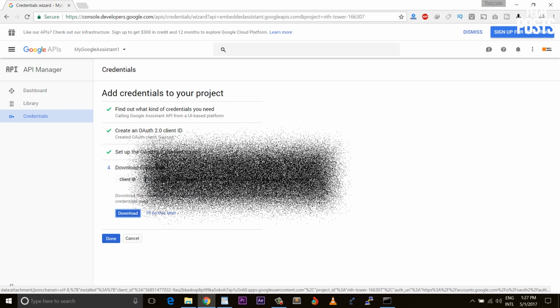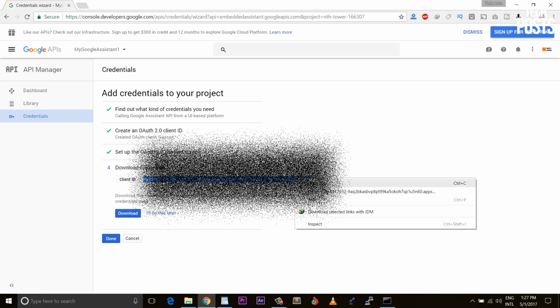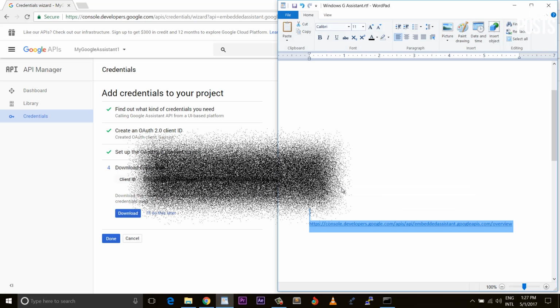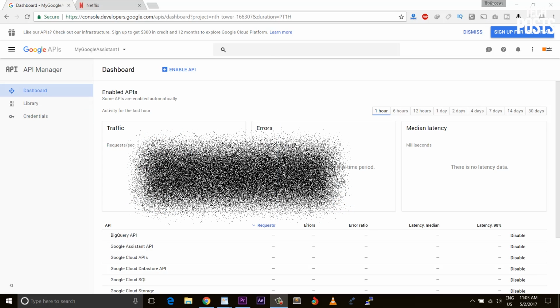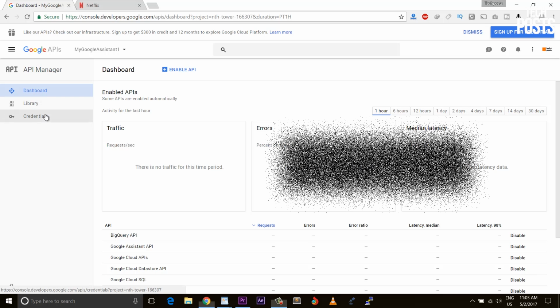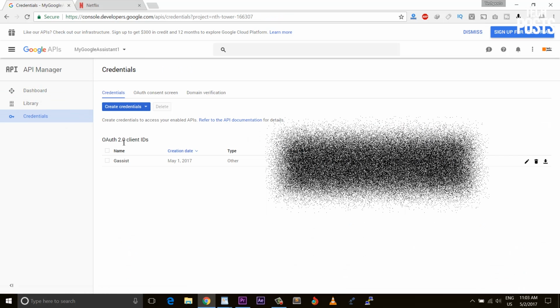Now you can click on download to download the JSON file. I'll recommend not to click it, as we only need the client secret, which we will download next. Now under the list of OAuth 2.0 client IDs, you should see the client ID you just made. All the way to the right, click on download icon to download the client secret JSON file, where the numbers and the alphabets are your client ID.